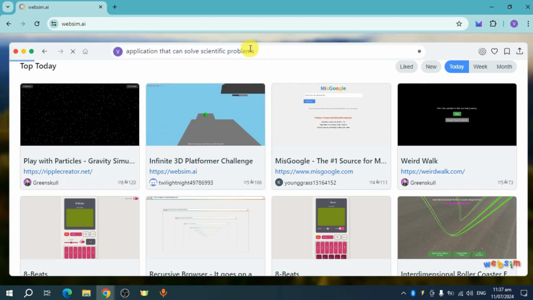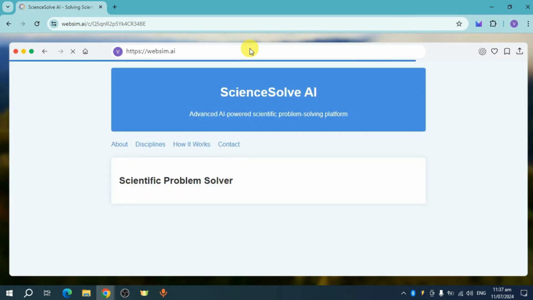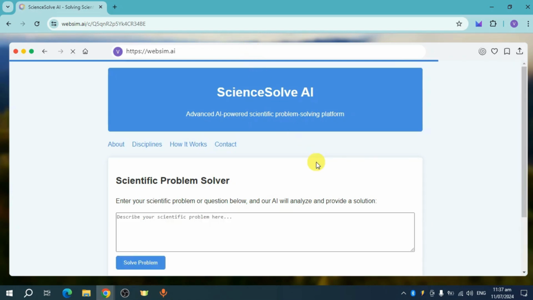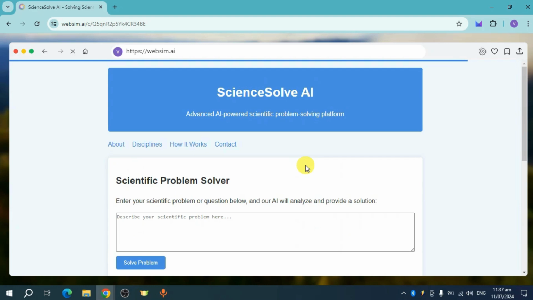Now head over and send this to them, and in just a few seconds it will create that particular application for you. So just wait for this to finish the loading process. Take note that it will take only around 10 seconds, and you can see that it actually created this. So you can head over and you can see we now have this app right here, our website app,